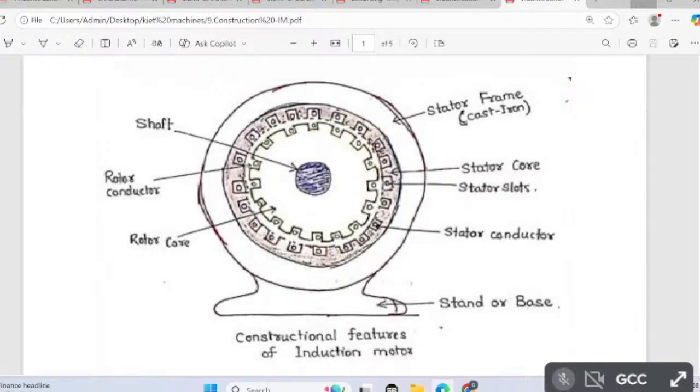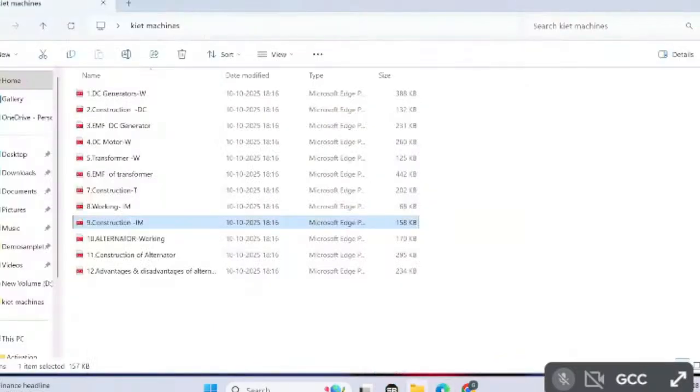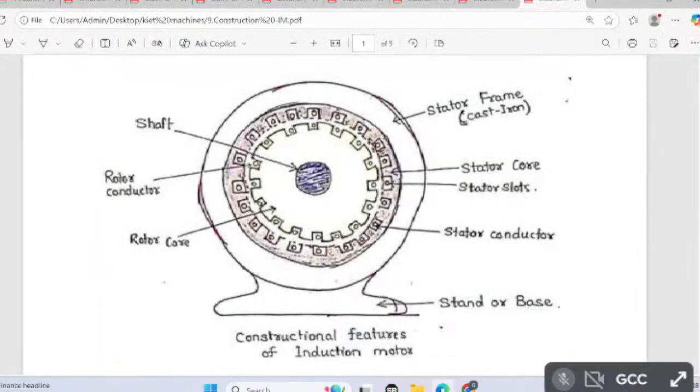The stator consists of stator slots. In the stator slots, a three-phase winding is available. In the same way, the rotor has rotor slots, and in the rotor slots a three-phase winding is available. But what is the difference between a transformer and an induction motor? In the induction motor, the secondary winding is connected to the